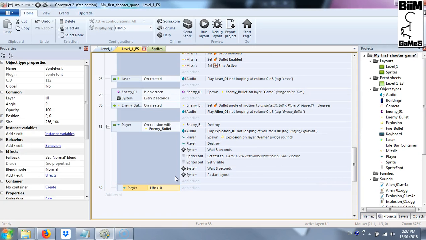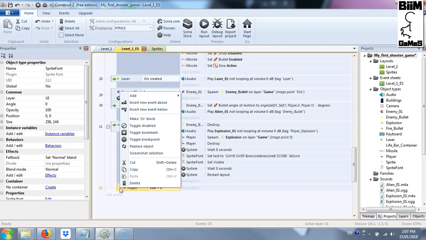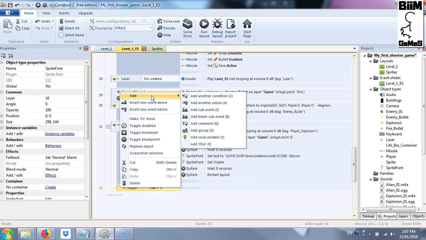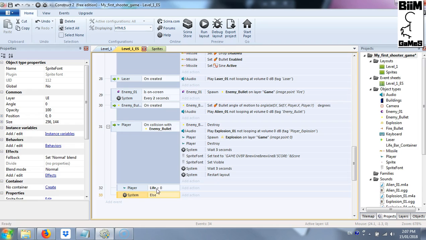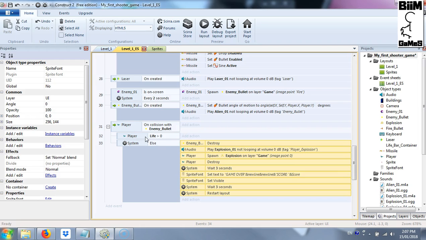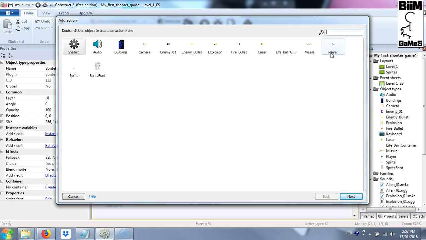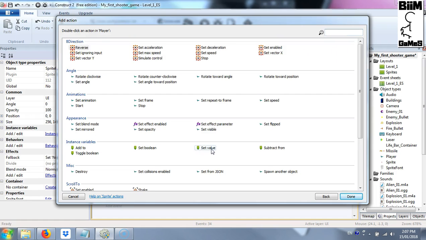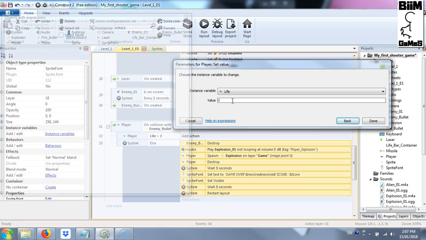Okay, and then we add also the else as an alternative if the condition will be false. Therefore, this will be triggered if the life is equal to 0 or less. If it is 0 or less, we do all the actions in this block here, and let's drag it down here. Instead, if it's greater than 0, we add a new action, and we go on player, set value, life,